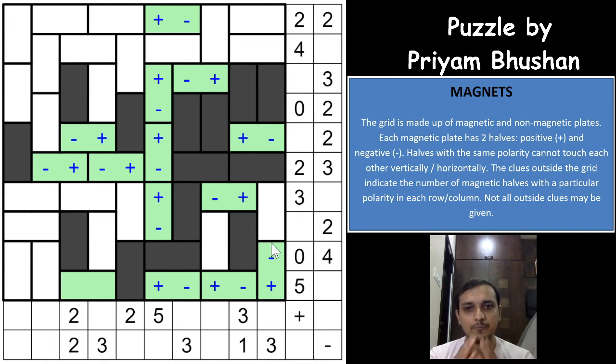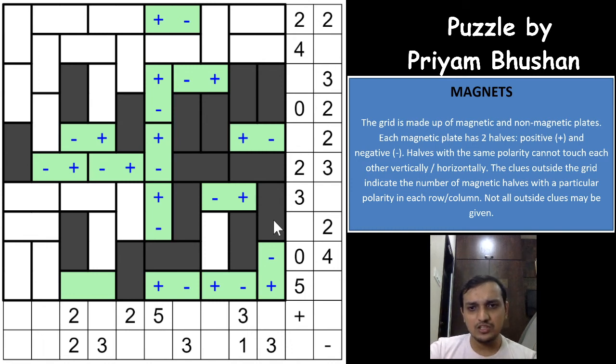Oh, excellent, superb logic, guys. So if you see here, we need to have 3 positives here, 1, 2, and one of the positives will be here in this cell, either this cell or this cell, which means either this cell and this cell will be negative. One of the negatives will be here. So you already have 3 negatives here, which means this cannot be a magnet. You will have 4th negative here. This cannot be a magnet, right? Excellent, superb logic.